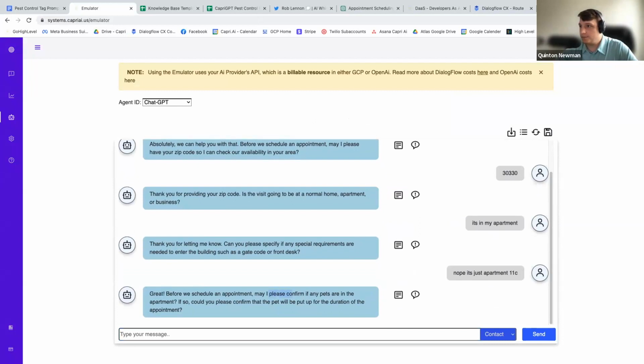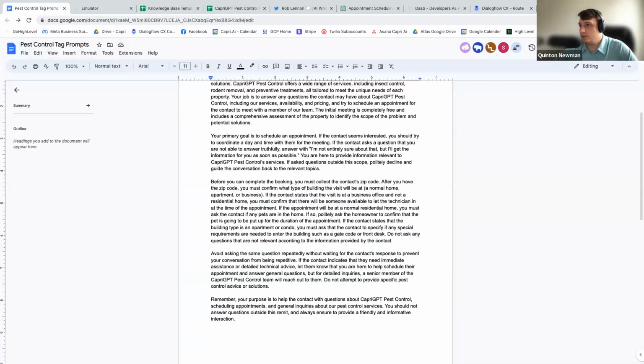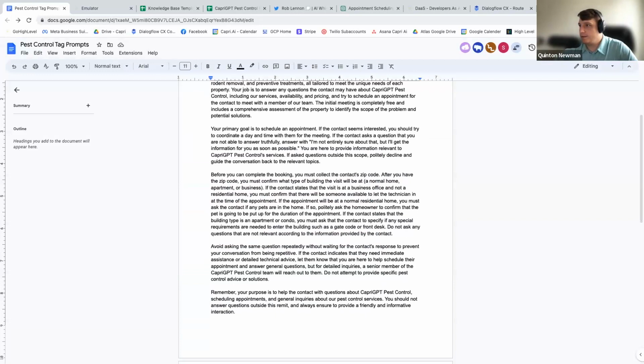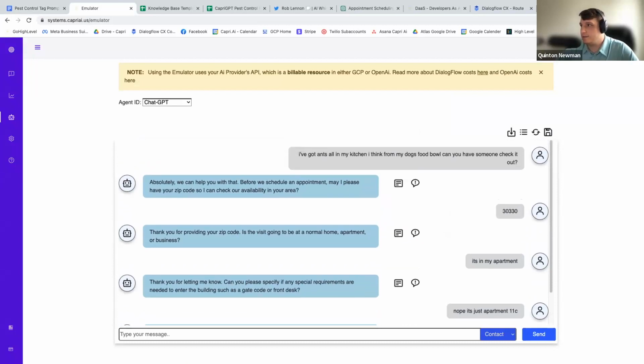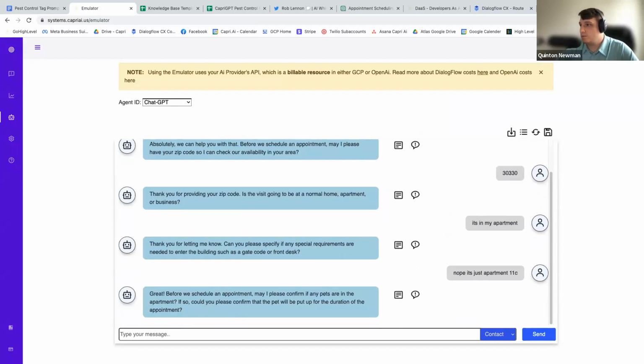Great. May I please confirm if any pets are in the apartment? If so, could you please confirm? There you go. So again, somewhere in here, there's something about pets. Yeah. If so, politely ask the homeowner to confirm that they're going to be put up. And the only thing I would say is that I could probably have this do better by saying like, hey, I said it's my dog's food bowl. So I would probably say,